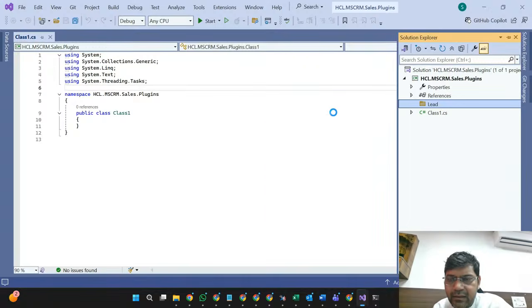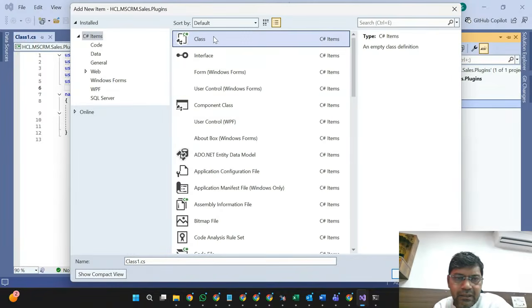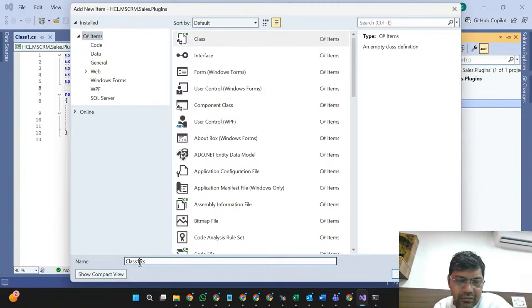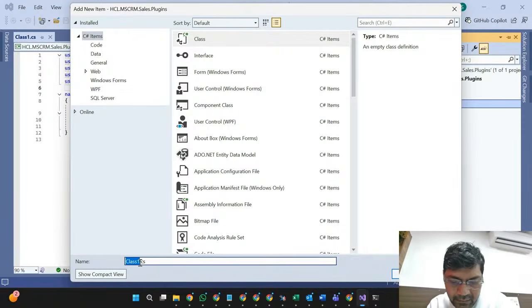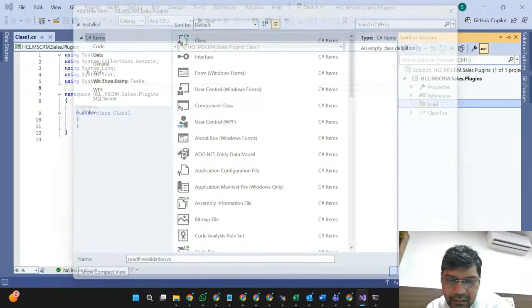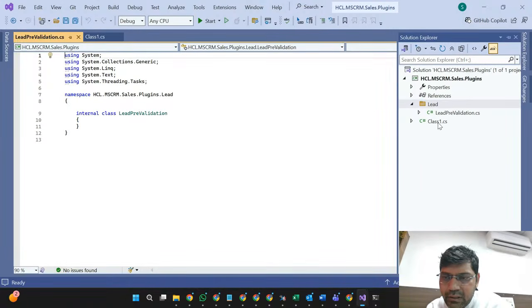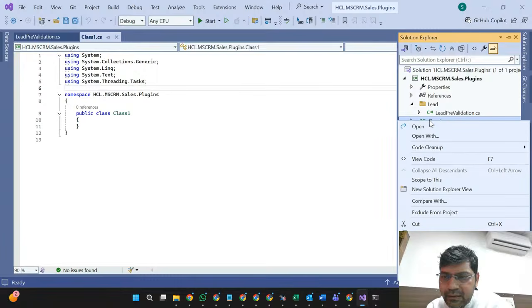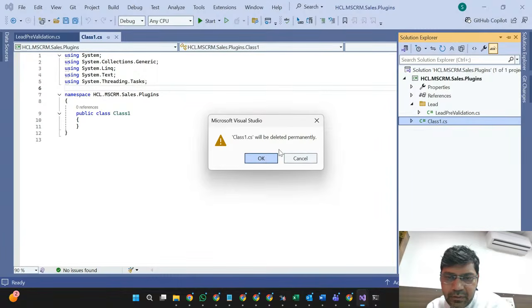That is my hierarchy that I have to follow. This is class library. So lead, pre-validation. So I have to write my code in such a manner. Let me remove this one.